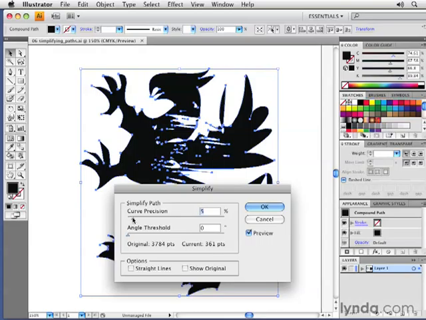Just to give you an idea though, take a look at the values. Illustrator is very nice. It gives you some feedback here. The original piece of artwork had 3,784 anchor points inside of it. And now that I've applied the Simplify command and I had this curve precision set to 5%, it reduced that down to 362 points. Wow. So it's great that it can do that, but as